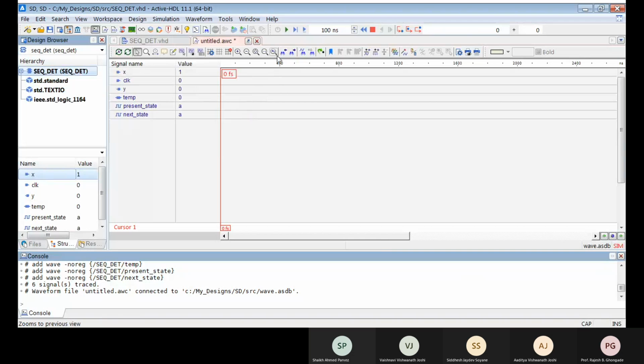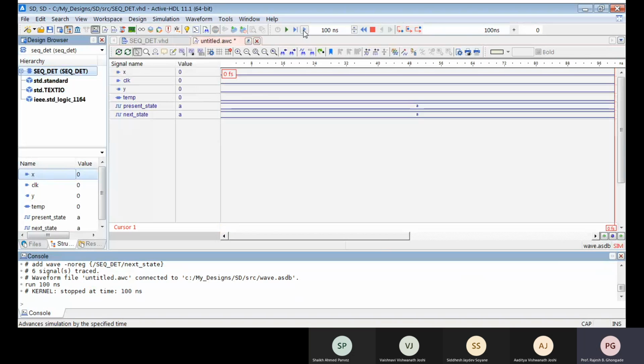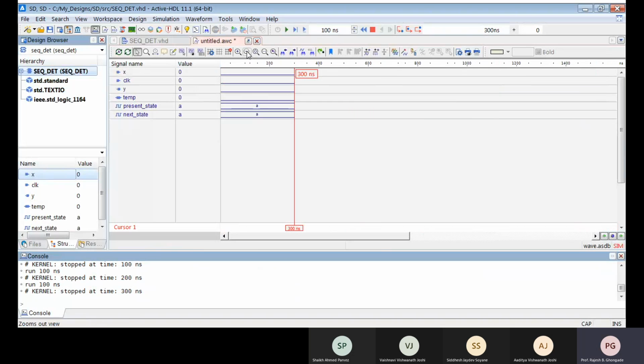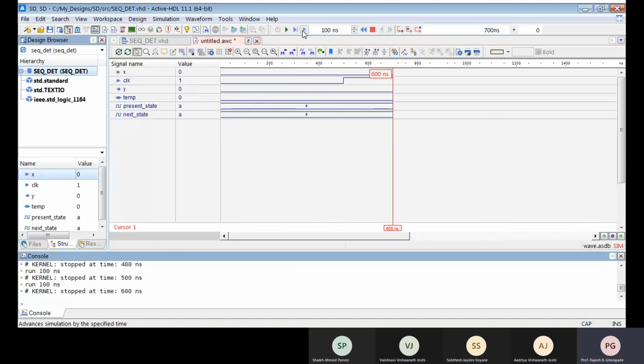Okay. And then I'll run this. So there is no change. Of course, we are yet to see the clock coming here. So even if the clock signal arrives, you can see here very clearly that